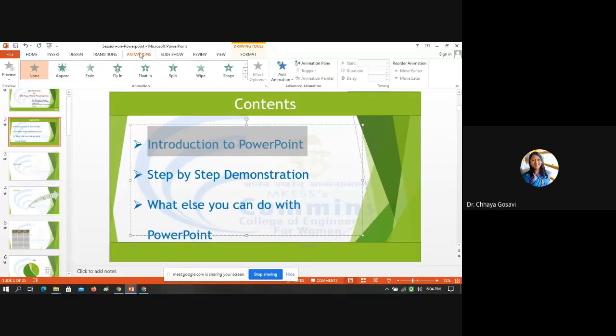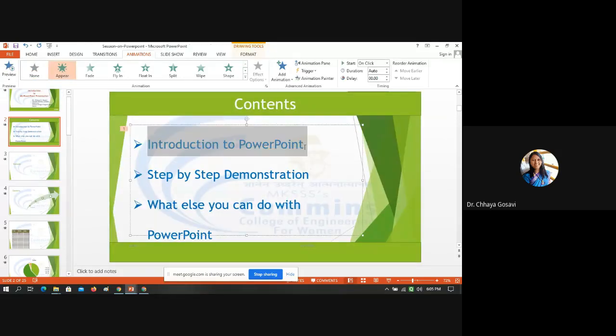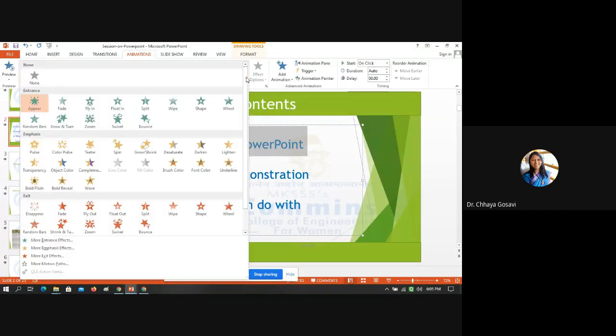When you click on animation, there are three things: first, when it appears, how it should appear; then how it should emphasize, if we want to emphasize something; and how it should leave. For appearance, we can give various animations. There are options for entrance, then emphasis and exit.